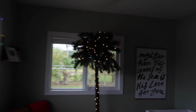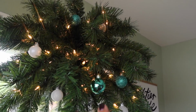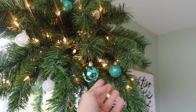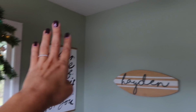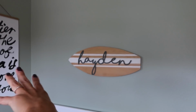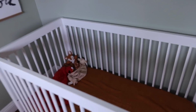And he's got his little palm tree here too. On his though, we hung a sea green, almost aquamarine colored bulb on his tree, because we painted the room in here green, and he has his little surfboard there with the dark hunter green script. And I couldn't find